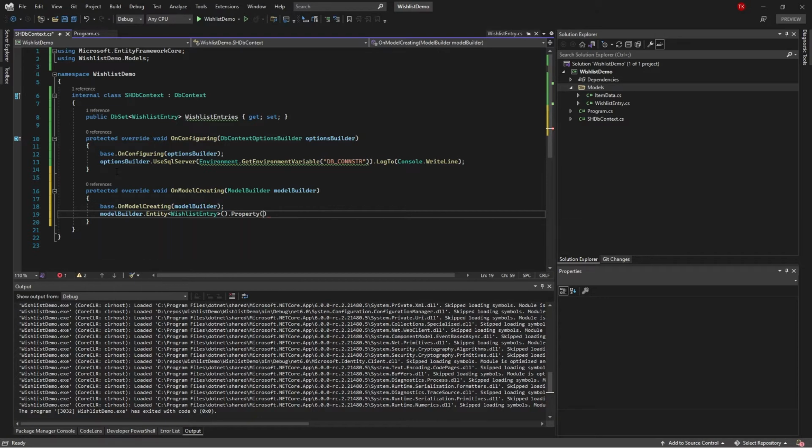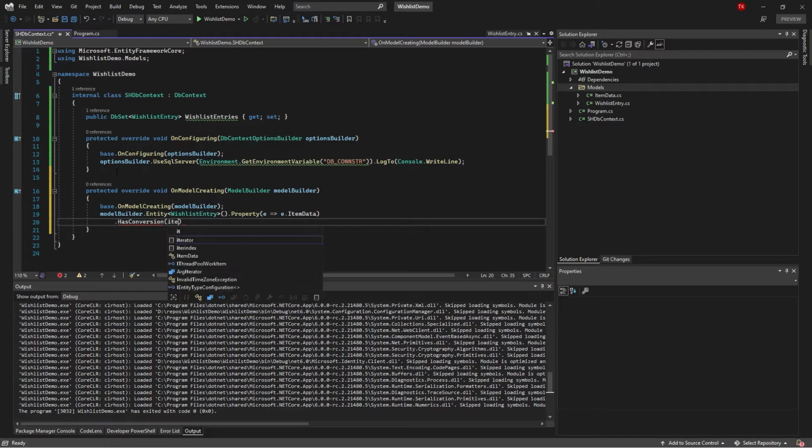In our case, it is going to be item data, and for that we say it has conversion, where if we have an item data that we want to convert back to a JSON object, JSON like so, and yes, we need to